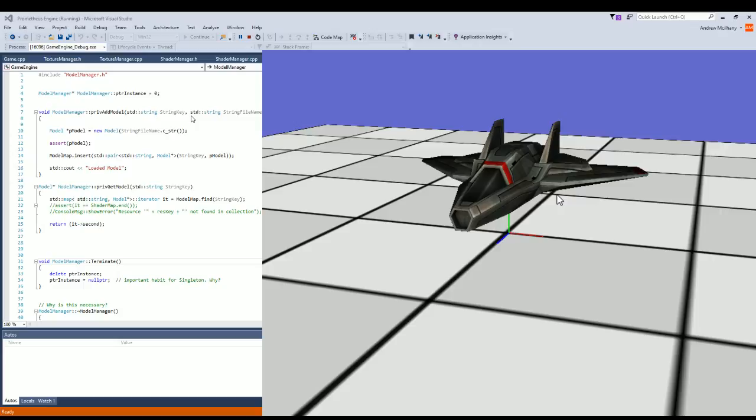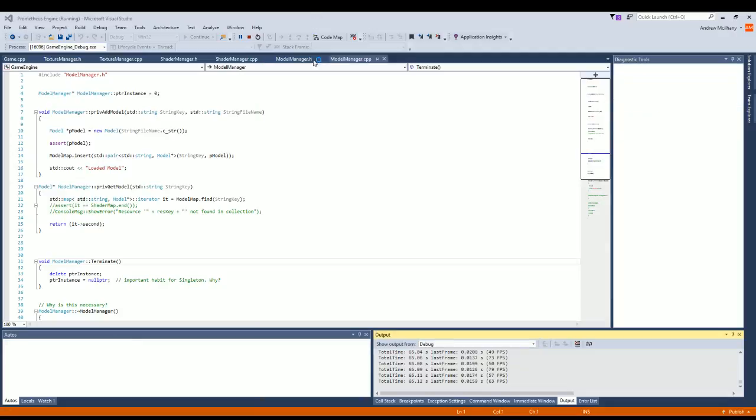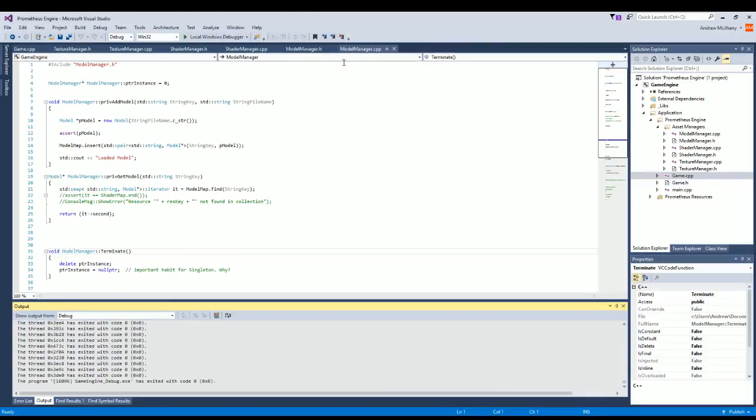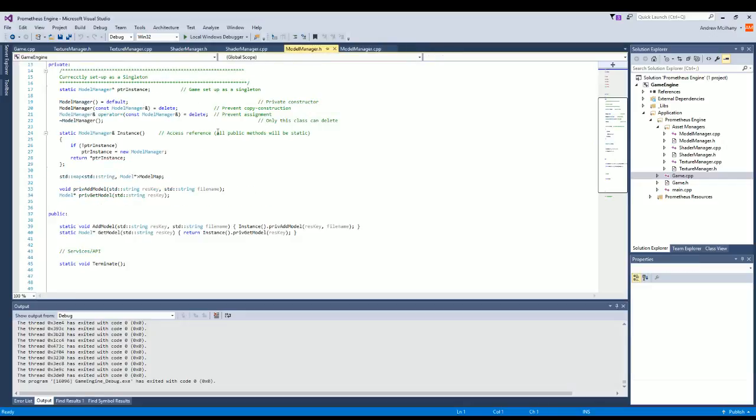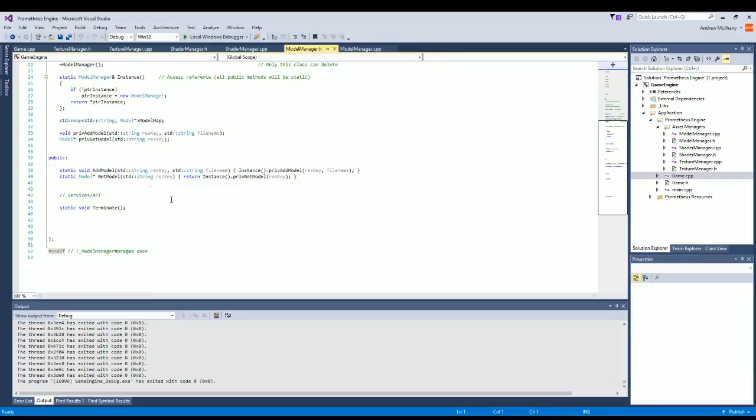And then now I'll switch over to the code to show you what I did to make all of this work. So within the code here, in the model manager, in the .h, I've made it a singleton. I also have the public and private methods of this function, so I can run the private ones. And I have a model map